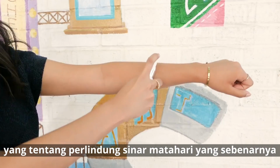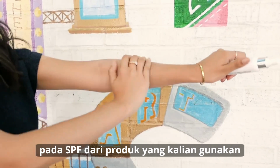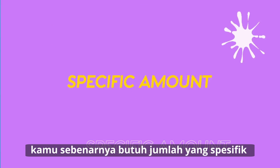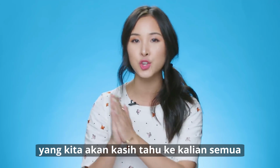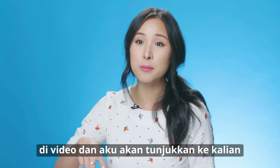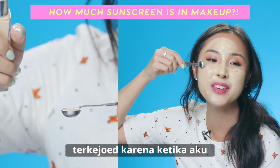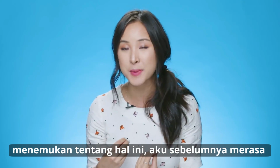Because in order to get the actual sun protection labeled on the SPF of the product you're using, you actually need a very specific amount, which we will tell you how it comes across and what that amount is later in the video. And I'm going to show you something that's just going to blow your little minds, because when I found out about this, I was just like,